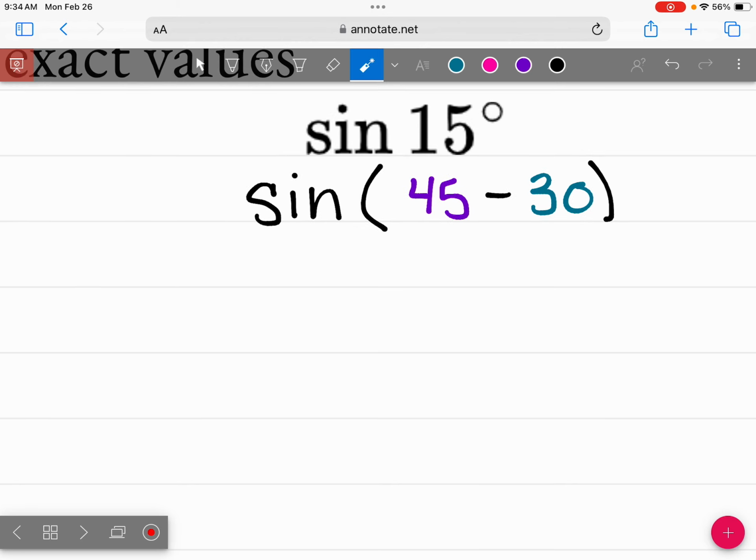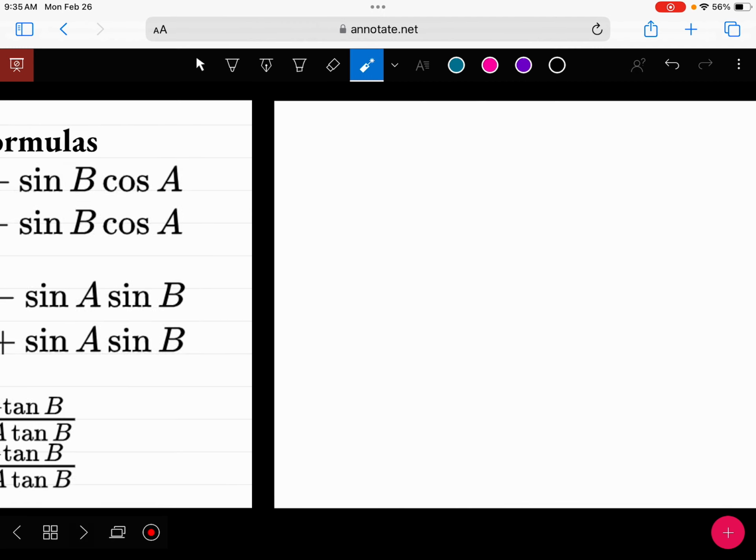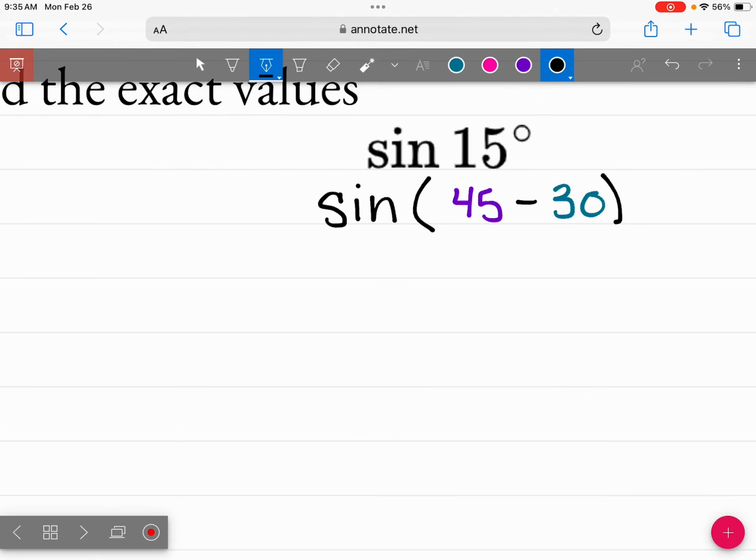We can do those. So we use the formula we wrote down for sine when it had a minus sign. If we look back at our formulas, we're looking at this one right here: the sine of two things being subtracted. We take the sine of the first piece times the cosine of the second, and subtract from it the flip-flop. So when we use that formula, this becomes the sine